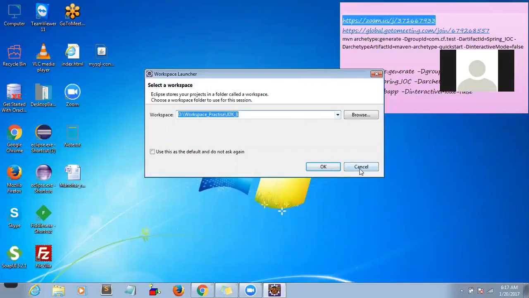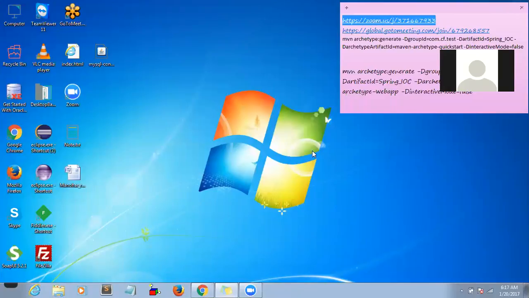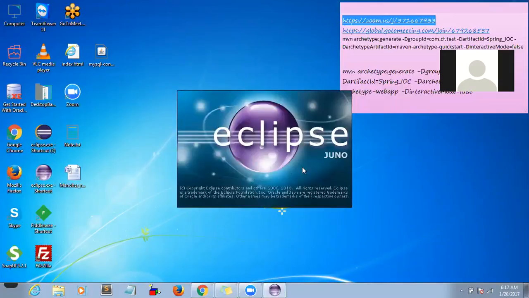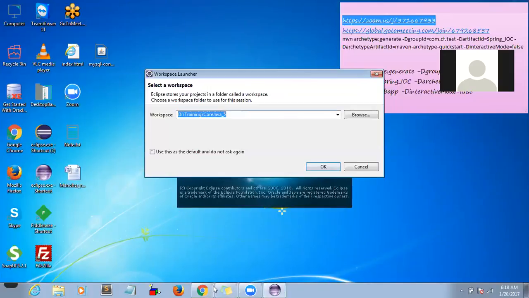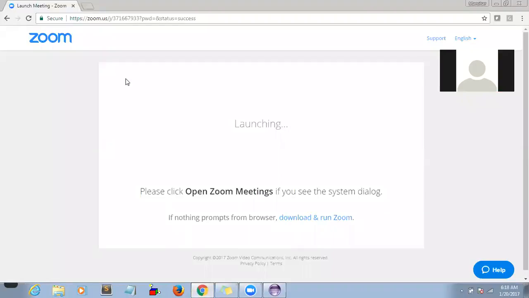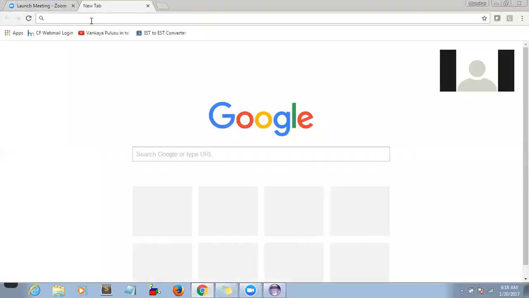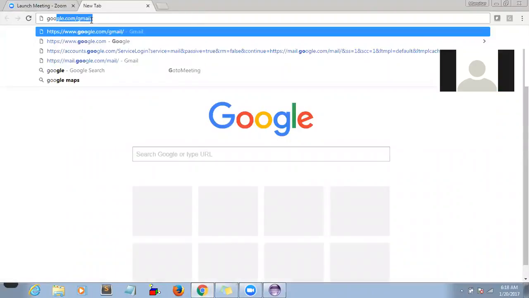Okay, and before starting JDK 8, previously the Eclipse version I was using is Juno. Juno will not support JDK 8. If you want to see,